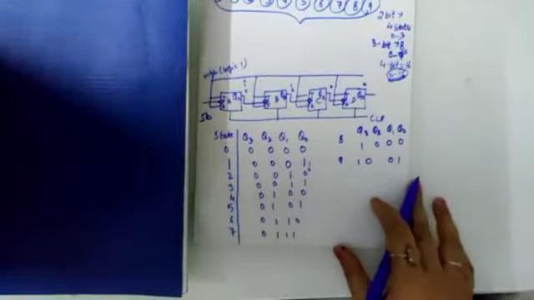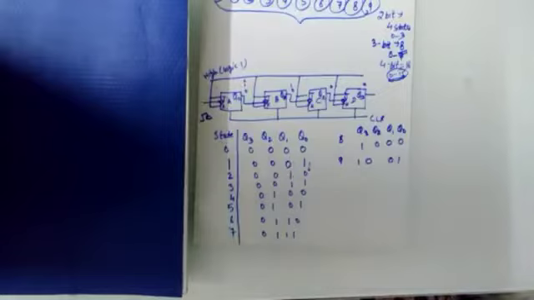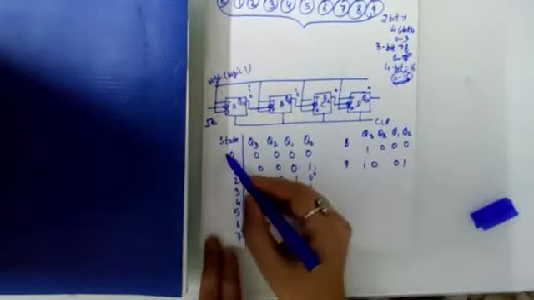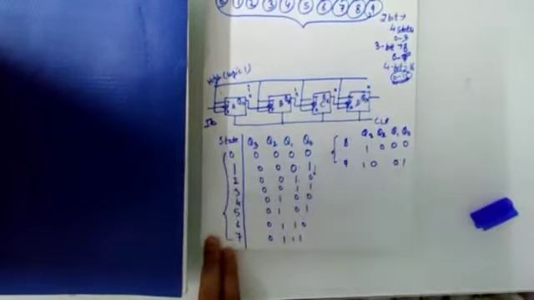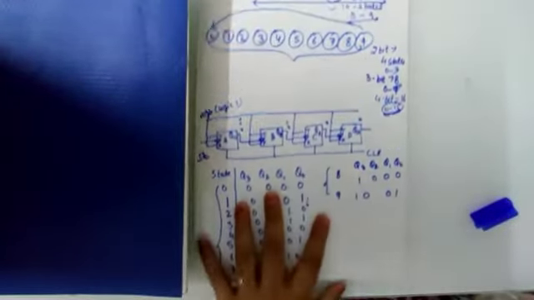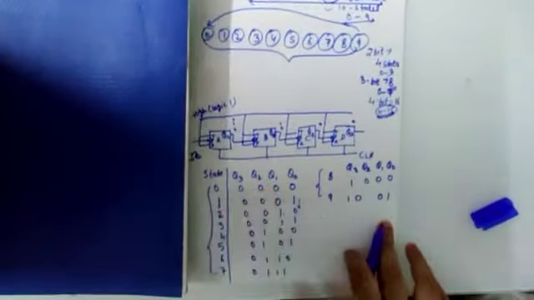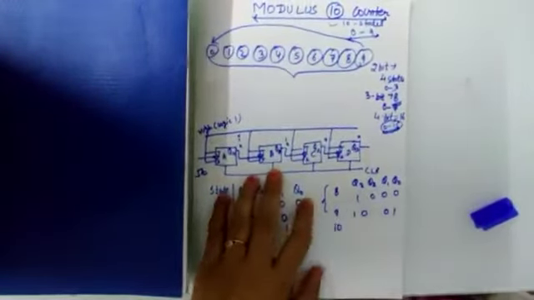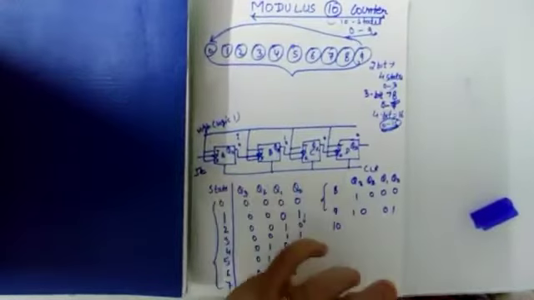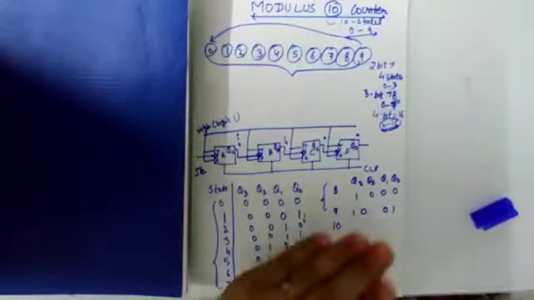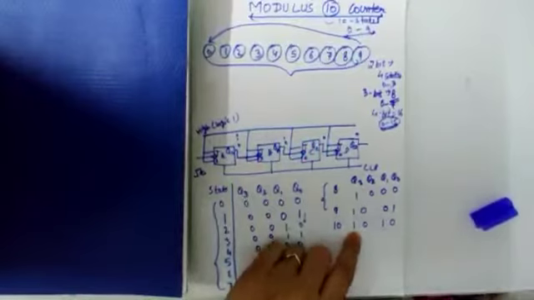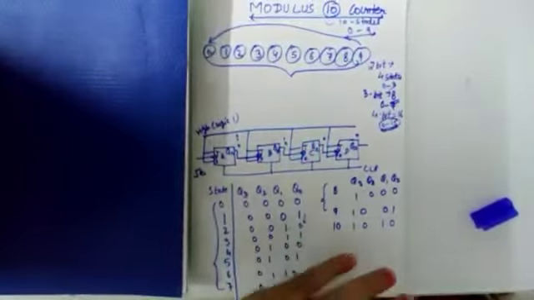Now see, we have to design a mod 10 counter that will pass only 10 states, from 0 to 9. Now it's done. It's 0 to 9. That we know, it will pass only 10 states. Now what will happen as the next clock pulse arrives? Ideally, what will be the output? It's the binary number 1 0 1 0. Ideally it should be there.